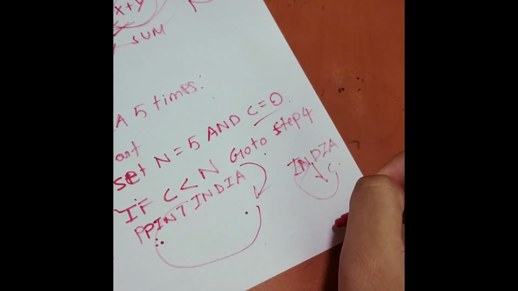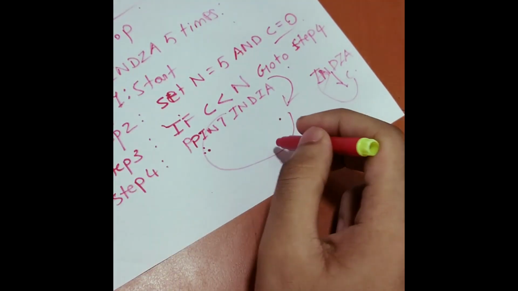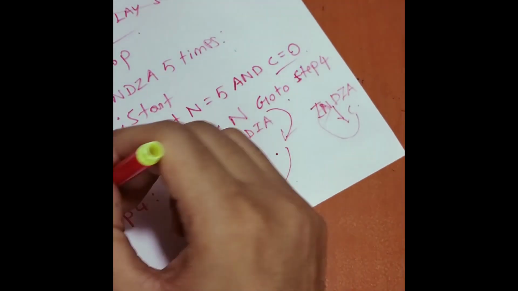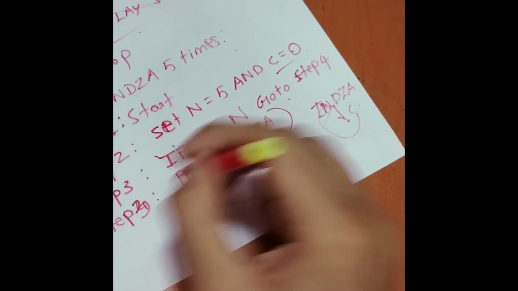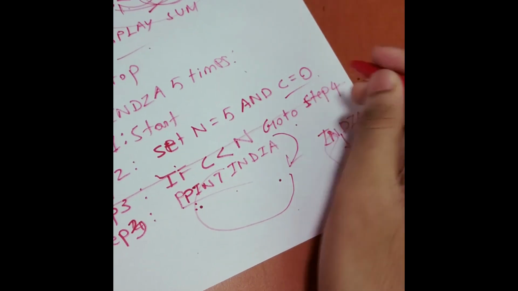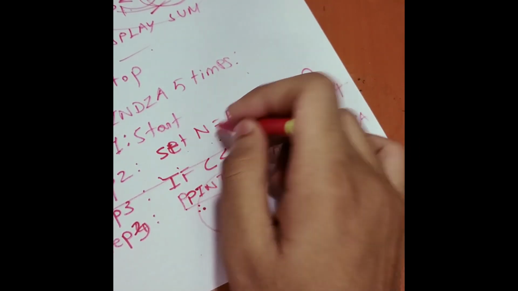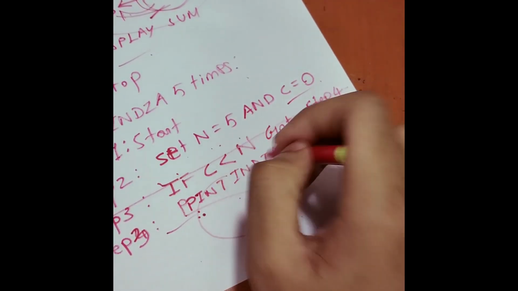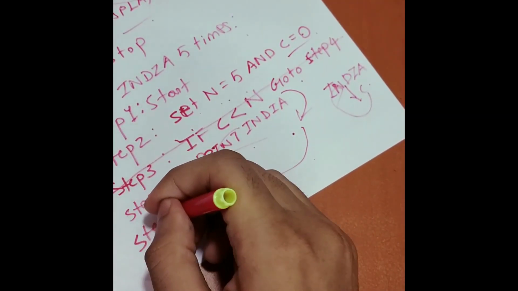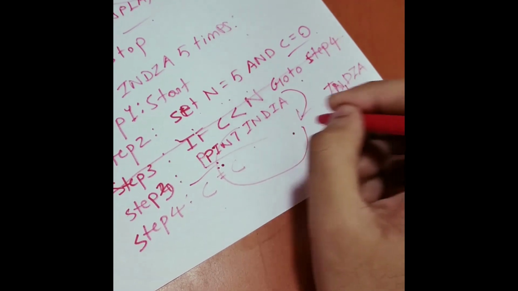So what is the step error here? The step error is this line: print India. If I take this as step 3 and if I cut this step, what will the computer do? N is equal to 5, C is equal to 0, India is printed. Then if I do it like this, step 4 is C equals to C